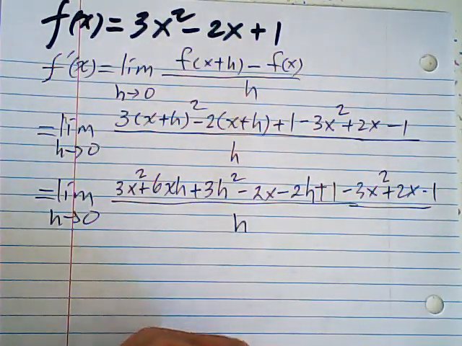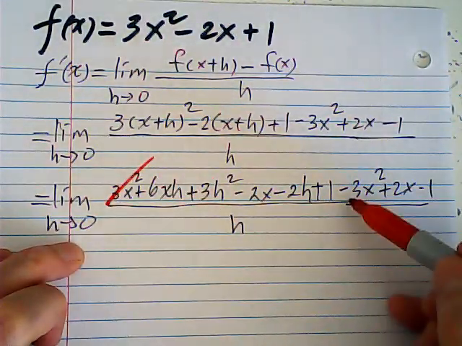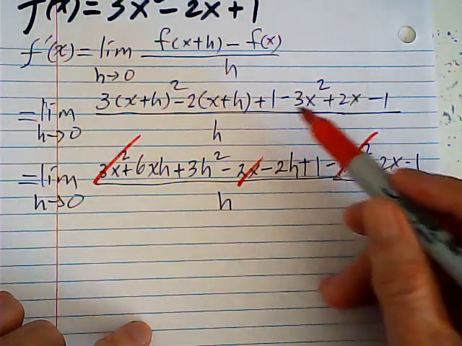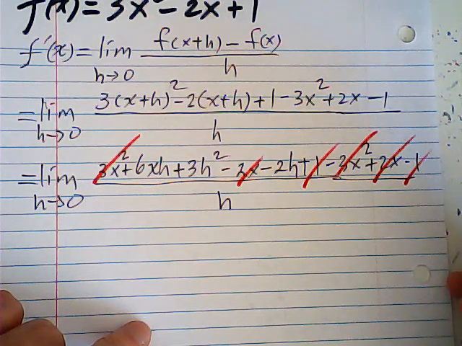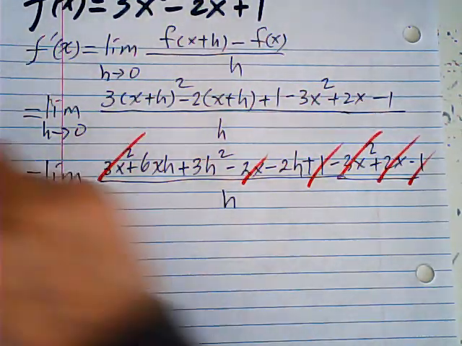Let me see where the cancellation is. This is cancelled with that one, right? Yes. 2x cancels with 2x, 1 cancels with 1. Then left over